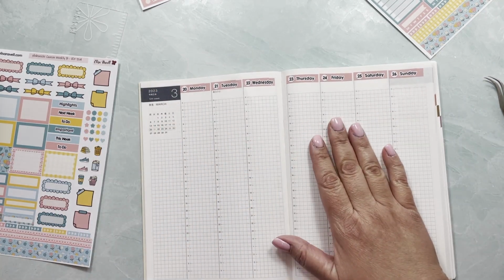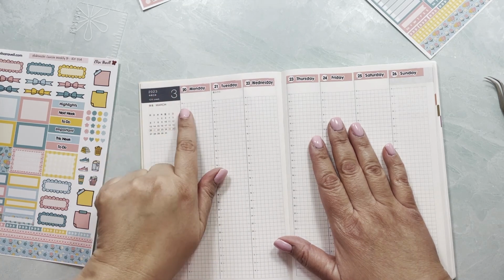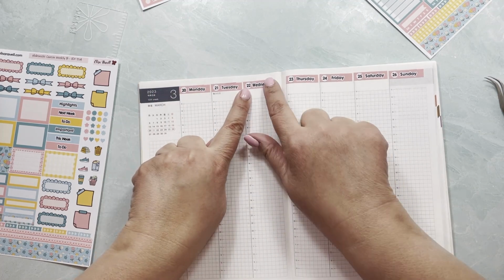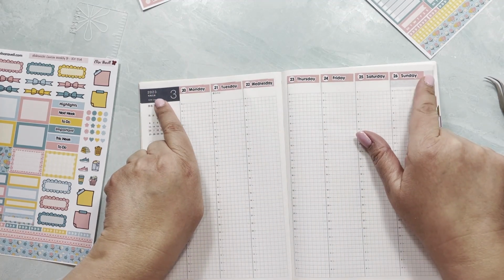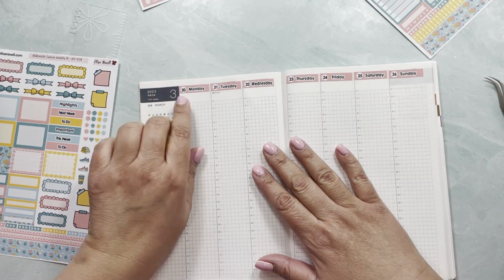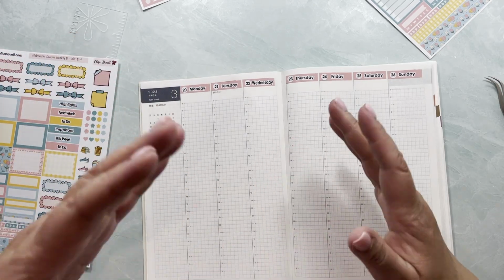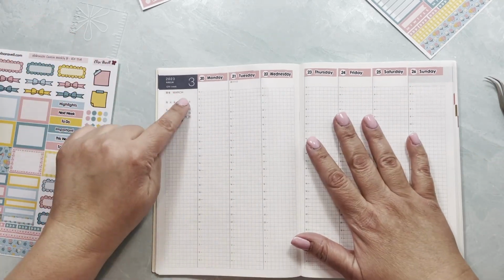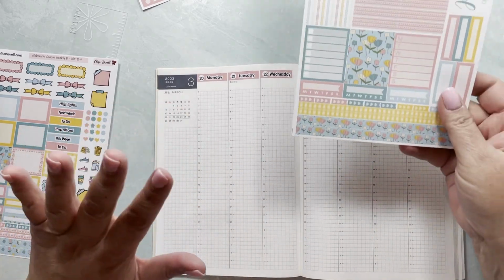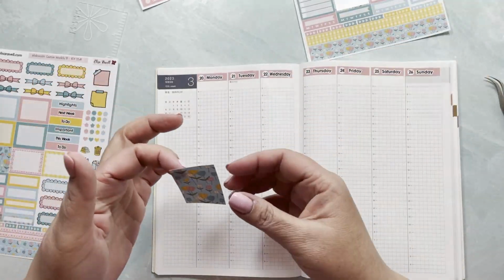Okay, so now hear me out. This to me is quite dark and black, so I thought I'm not gonna fight it. I actually have my font in black, so it's not gonna go totally wrong with this. So I'm not gonna cover this. Will I do that in the future? I don't know. What I am gonna cover though is the calendar, because those of you that know me know that I'm not a calendar cover type of girl. So what I will definitely do,